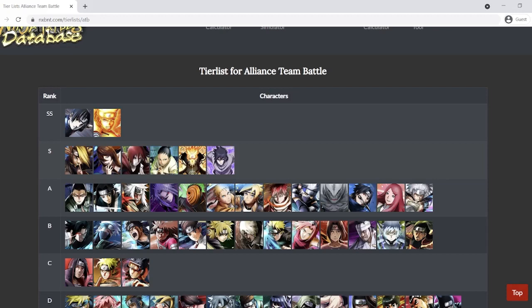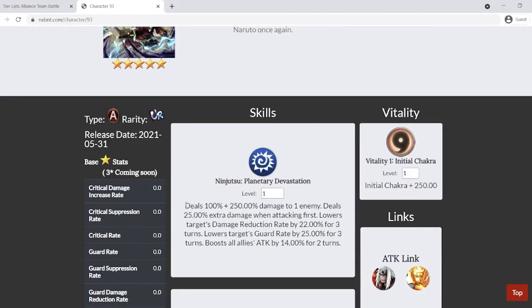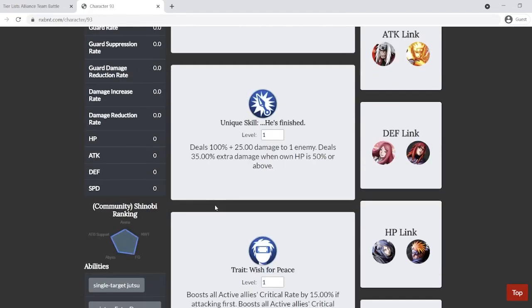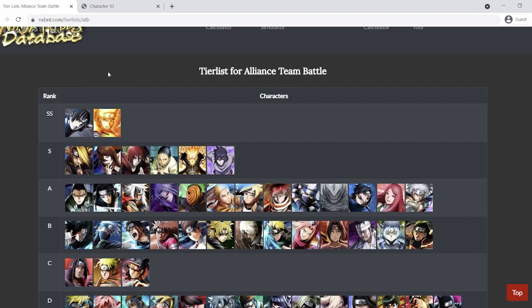Nagato is very good, similar to FG. A lot of people might not have him, but if you do, you should definitely get him upgraded. He has a great vitality, and that allows him to be placed earlier on your team, as in before energy if you need to. But for characters like Datara and Mei, you would want to put them in energy, or else they wouldn't have enough chakra to jutsu before then. So Nagato,